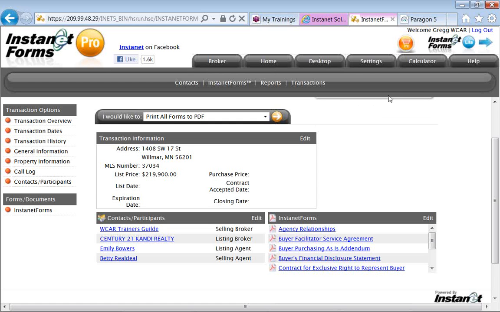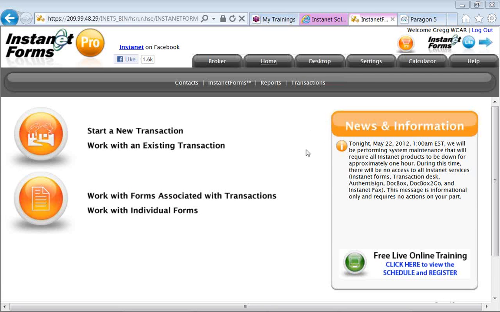Through the sale process. So the first thing I'm going to do, and just hopefully not to confuse, I'm going to pause my screen. I'm going to go back to our brokerage account, because right now we're looking at Betty's account, looking at her transaction files. So we're going to switch back over to the Home tab of our broker account. And from here, back at the Home tab, leaving that transaction file,